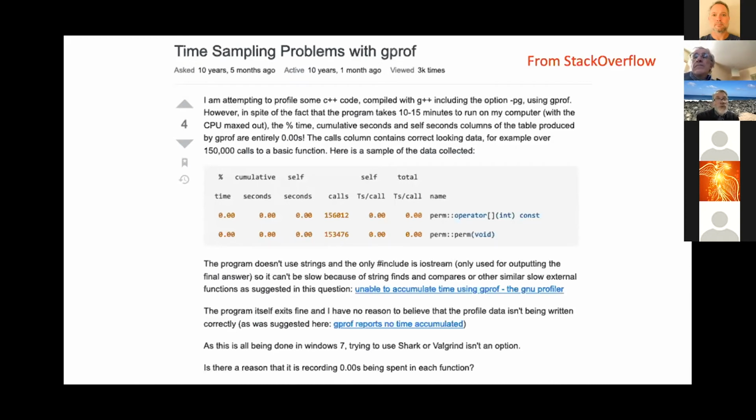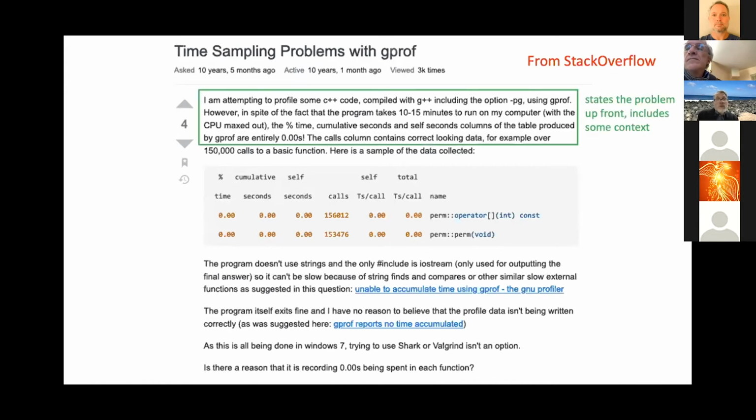It's 10 years old, but I thought it was a pretty reasonable example of how to ask a question, especially in a forum like this, where you've got a whole bunch of smart people who know what they're doing. They're reading these questions and they're going to try to help you. So the problem is stated up front. I'm attempting to profile some C++ code compiled with G++, including the options, et cetera, et cetera. However, in spite of the fact that the program takes 10 to 15 minutes to run, the times it measures are all zeros. The number of calls appears to be correct,